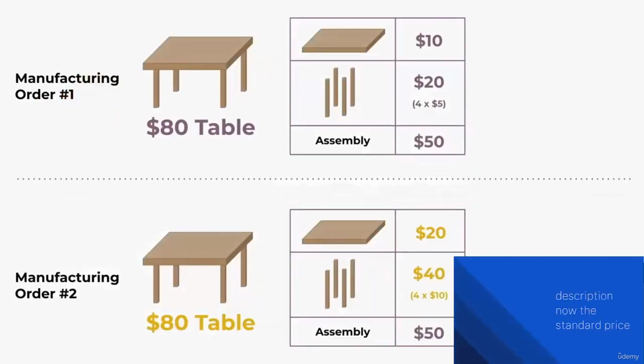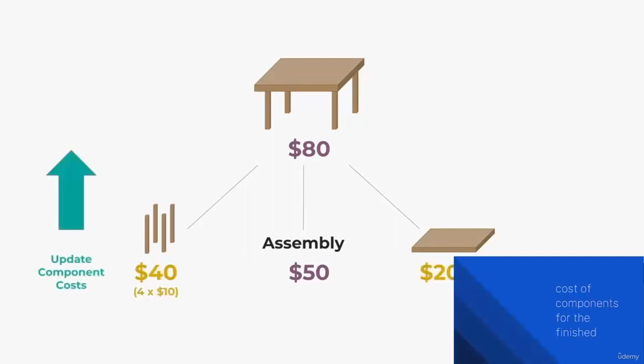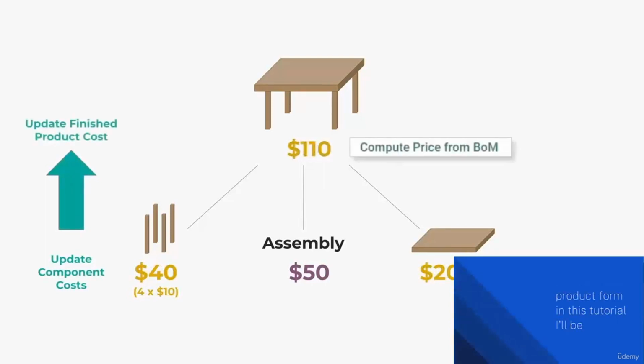Now, the standard price costing method is often used for production planning purposes or in situations where actual costs of goods aren't well defined and an estimate is more appropriate to use. This makes for better management and cost control at a high level. In Odoo, the product cost for standard price comes straight out of the product form. Therefore, the cost of components for the finished product must be updated manually on the product form. In this tutorial, I'll be